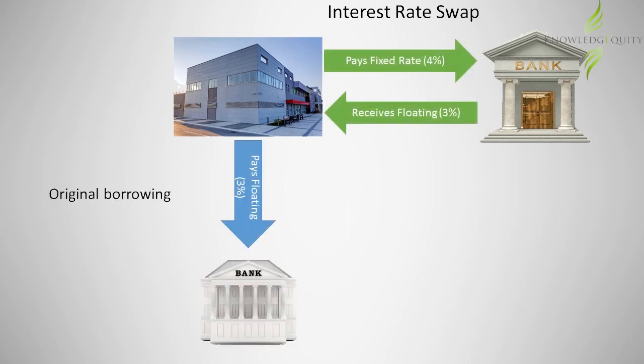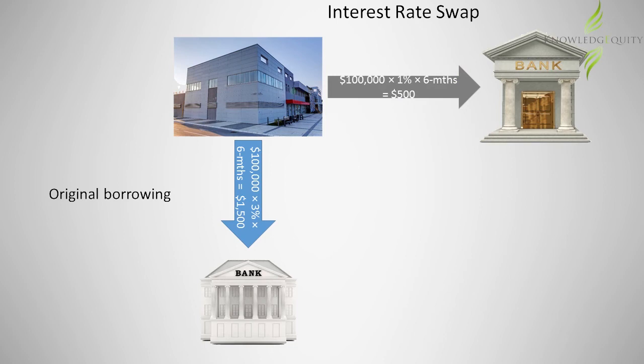In the previous example, let's assume that the BBSW rate at the first fixing date was 3%. The organisation will be due $1,500 on the floating leg, and it will owe $2,000 on the fixed leg. But only the net amount of $500 is effectively payable by the organisation to the counterparty under the interest rate